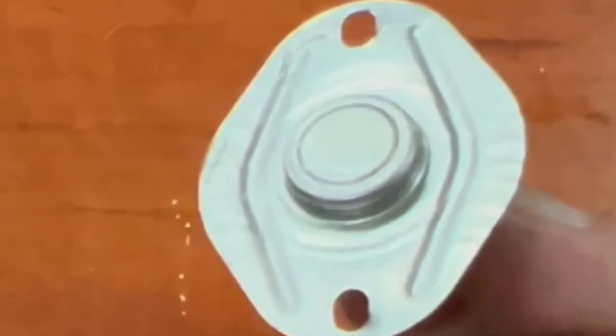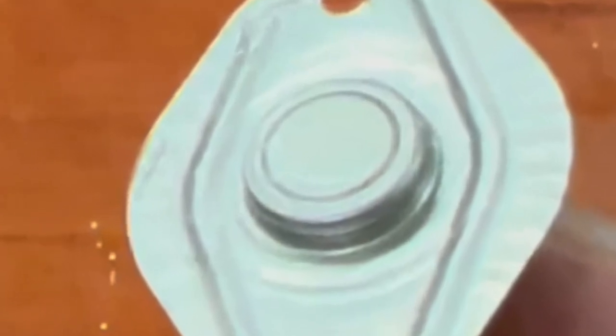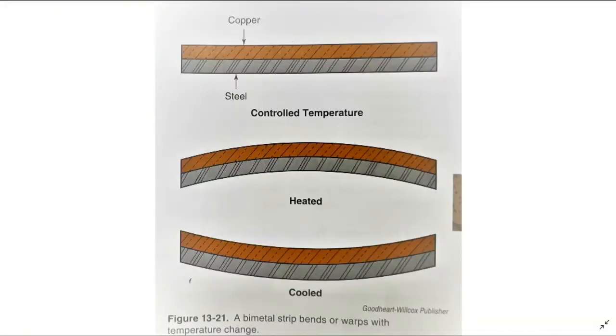The strip consists of two strips of different metals which expand at different rates as they are heated, usually steel and copper, or in some cases steel and brass. The strips are joined together throughout their length by riveting, brazing, or welding. The different expansions force the flat strip to bend one way if heated, and in the opposite direction if cooled